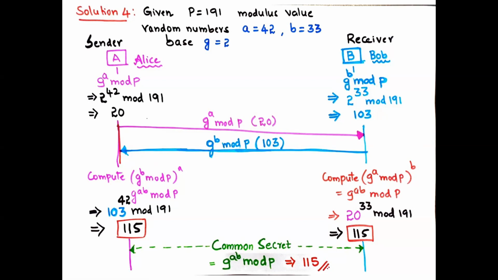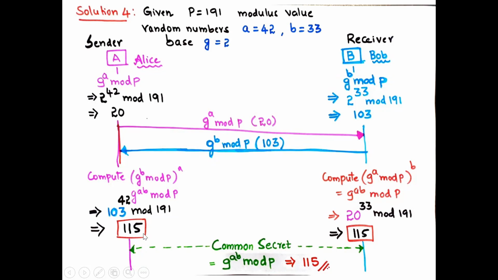Now, upon receiving the partial key G raised to b mod P, Alice has to compute G raised to a into b mod P. For that, Alice applies her own random integer to the received partial key: G raised to b mod P, raised to a, can be rewritten as G raised to a into b mod P. The partial key sent by Bob is 103, so 103 raised to 42, the random integer chosen by Alice, mod 191. The value comes around